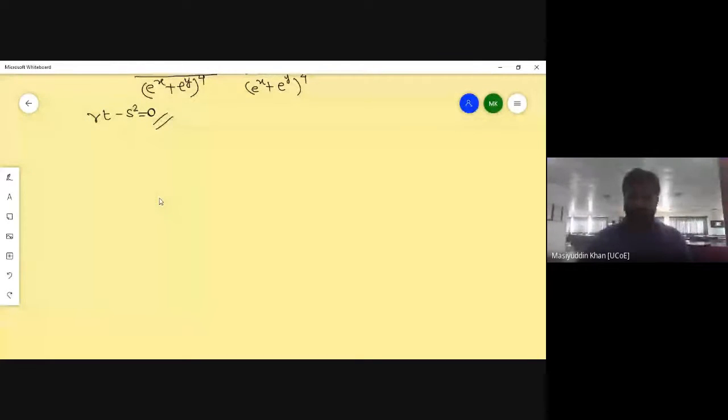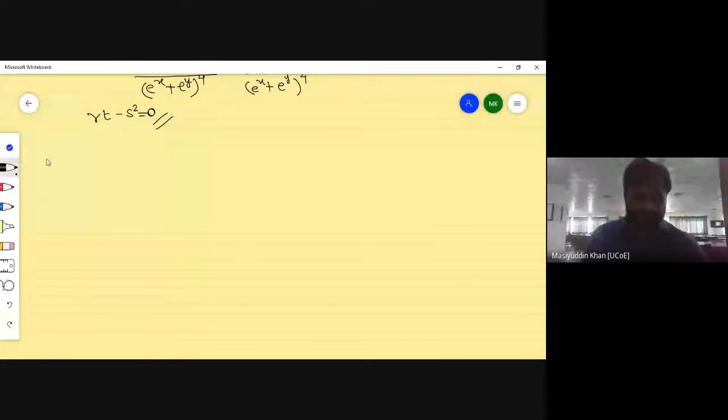Now proceeding with the next problem. So I think this is the third numerical. If u is equal to f of x square by y, then prove that